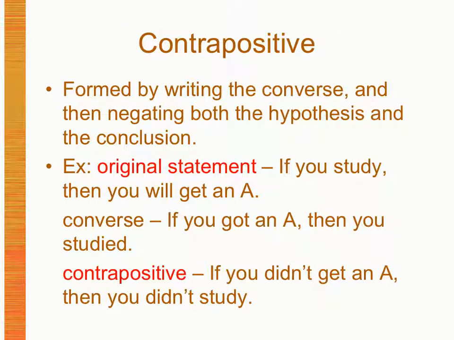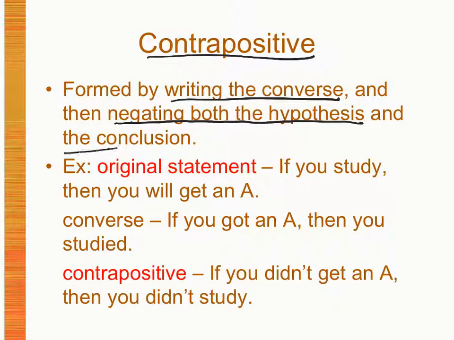Okay, and our last one is called the contrapositive. So we've done two things. We have swapped the order and we have negated them, and now we're going to do both of those things together. We are going to move their position and then reverse exactly what they say. So we are going to do the annoying little brother or sister wearing Converse here. They're going to do both of those things all at the same time. We're going to swap the order and then say the opposite. So we form a contrapositive by writing the converse. First thing we're going to do is swap their order, and then we are going to negate both of them. We're going to say the opposite.